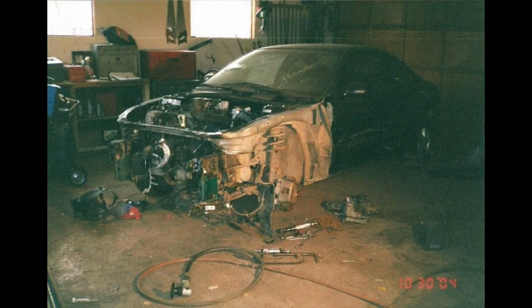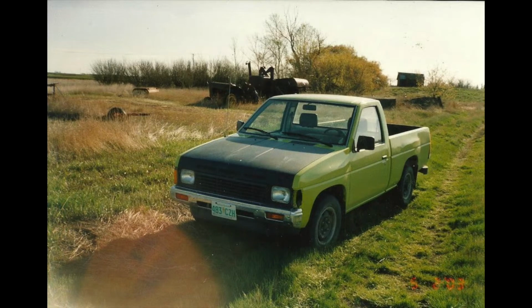It wasn't drivable by any means. It was a hard front hit, and the frame rails were badly bent. The radiator was punctured, that sort of thing. So we actually rented a trailer. Me and my dad went up with a little 88 Nissan truck that we've always had in the family, and it was probably a little bit heavy of a load, but that's what we did. That little truck would really pull. So we got the car home, no incidents or anything, and right away I tore it down